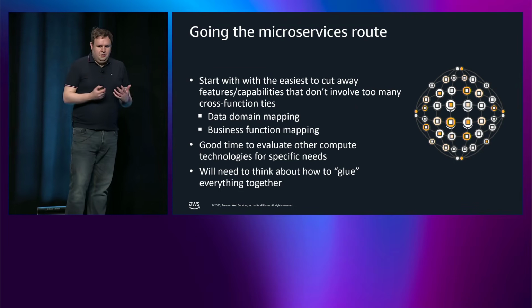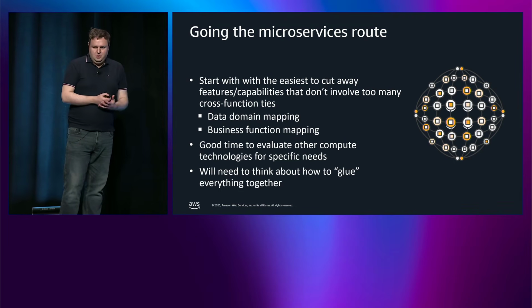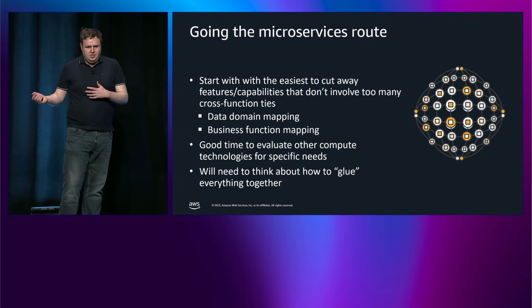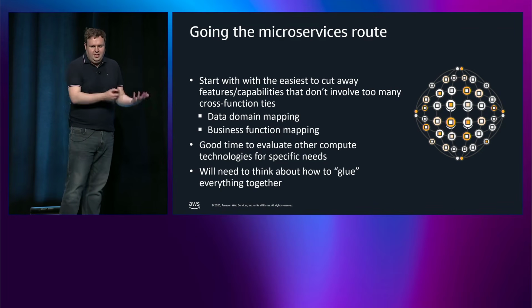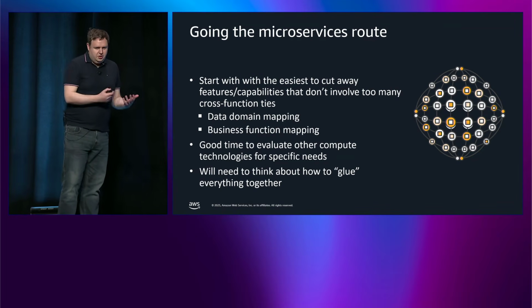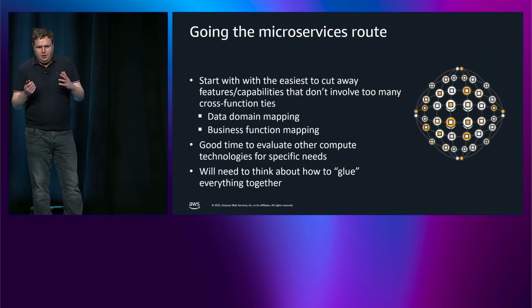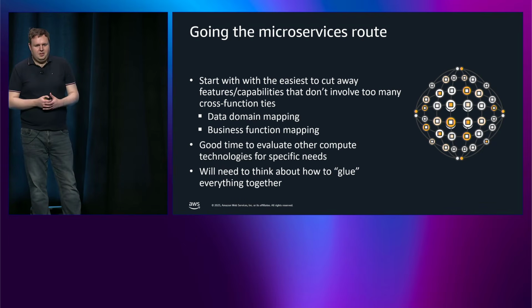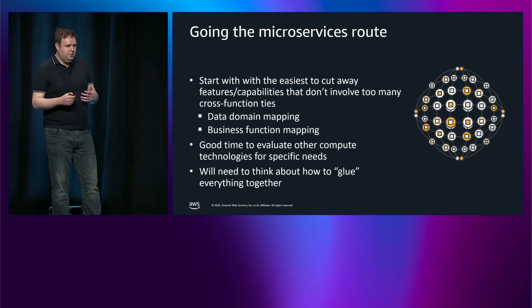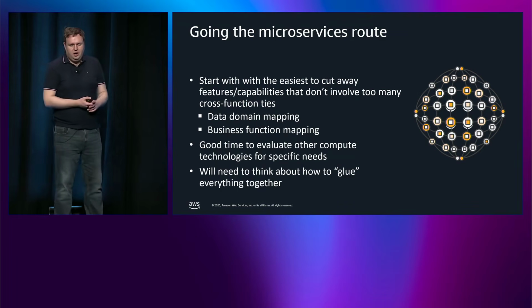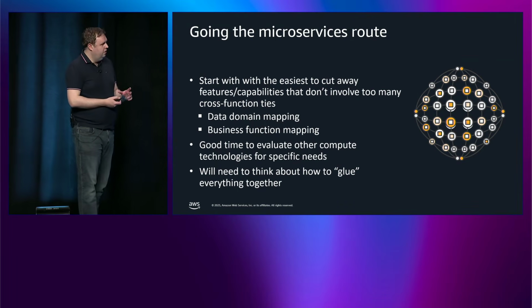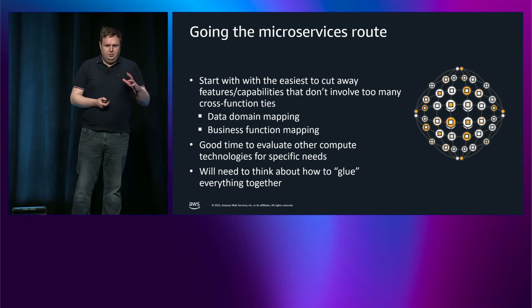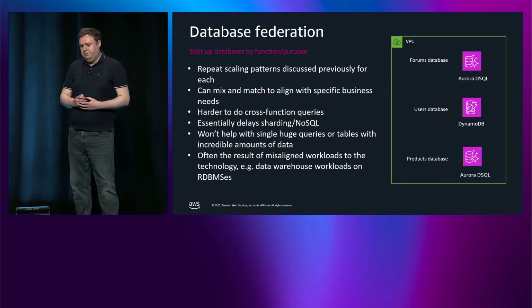When you're doing this, it's an inflection point to look at your compute platform as well. Paul mentioned earlier, they started on ECS, then evolved into EKS. Those needs are going to change. Some technologies that work very well for you at one point might start to become a wee bit of a sticking point. And it's very much going to be dependent on your application and architecture. Finally, when you're operating a bunch of microservices, you need to work out how to mesh it all together and how to glue it together.